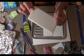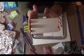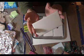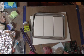These are just plain white subway tiles. You can get them anywhere, I think, if they're having a sale, like 35, 45 cents a piece up to maybe $1. Not a big investment, and I'm using these to do my kitchen anyway. So, when I get that far, if I get that far,